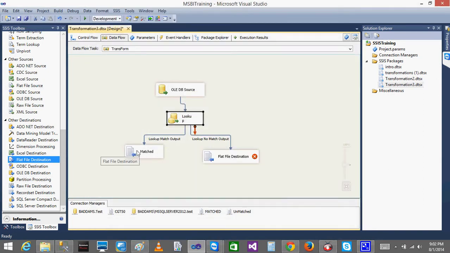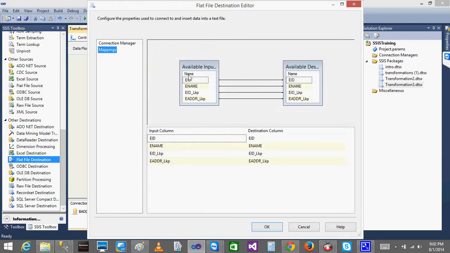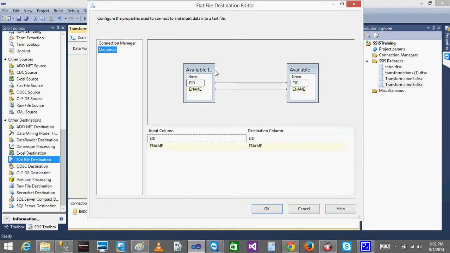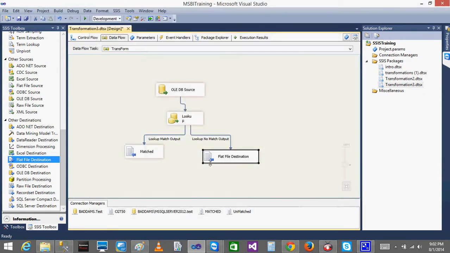When I took the matched output, because the records are there, you can see 4 columns here, lookup and lookup. But when I see the no matched output, I can't see them because already I have created them. So when you see the mapping, you can't see those available input columns. Other 2 columns you can't see here because the records are not matched, right? So you will be getting only the source columns. The records are not there in the destination, so by default they will be null values, right? So it is ignoring that record or lookup columns. You are getting only the input columns here. Okay. So this one I'll name as unmatched.